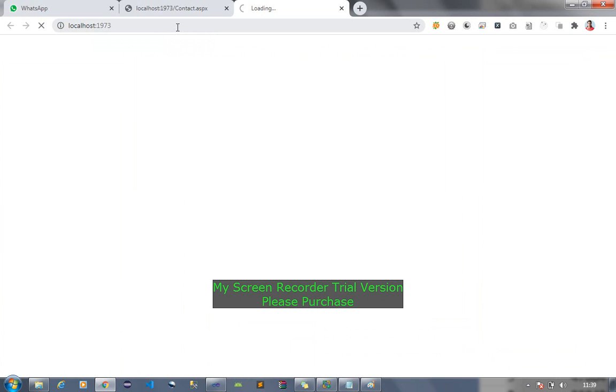I think I am on the master page, so it might create a problem. We have all menus in vertical format. And now it is saying that Menu1 is a control which is not placed inside a form.